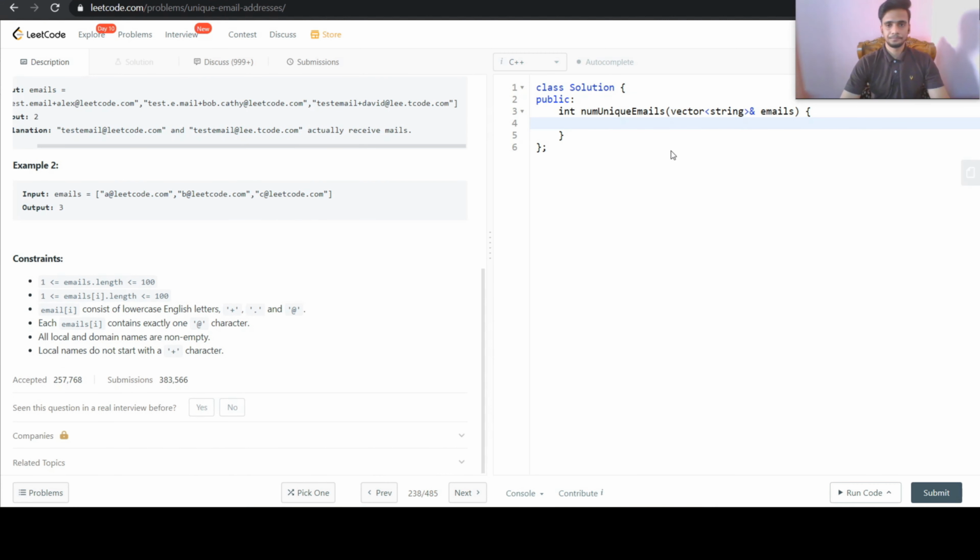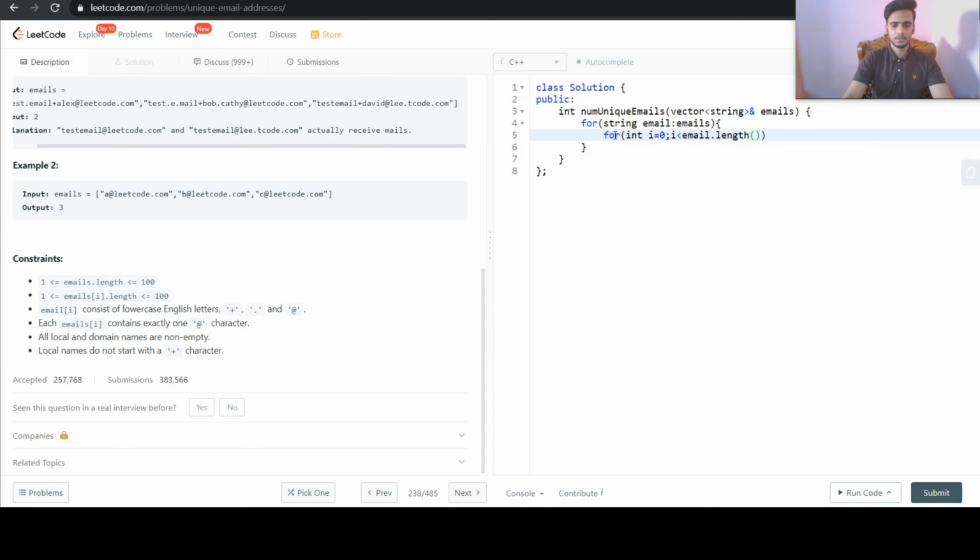So these are the two rules we need to be aware of, and after removing these two things, whatever the resultant email is will be the correct email address where the email will be forwarded. So we need to first of all traverse all the emails. We will just for loop for an email in emails. Now we will go inside another loop, int i equals 0, i less than email.length.